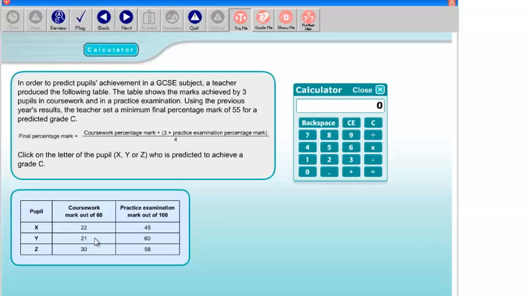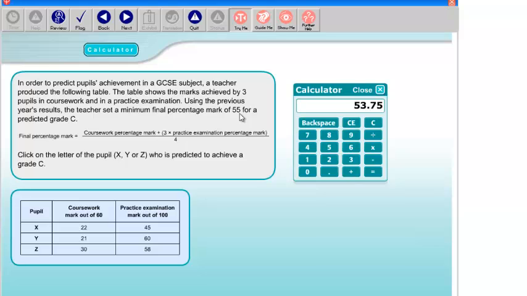So 21 out of 60 is 0.35, so times him by 100 I know is going to be 35, but let's just prove that. Times 100, 35, and we're going to add that to 3 times 60, so that's adding 180, so we'll add that. 215, divide all of that by 4, and we get 53.75, which is closer, but it's not quite over the threshold that the teacher set, so he's